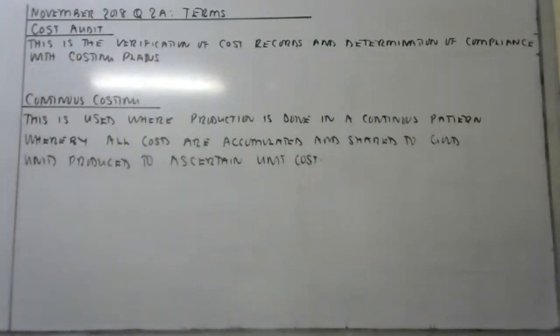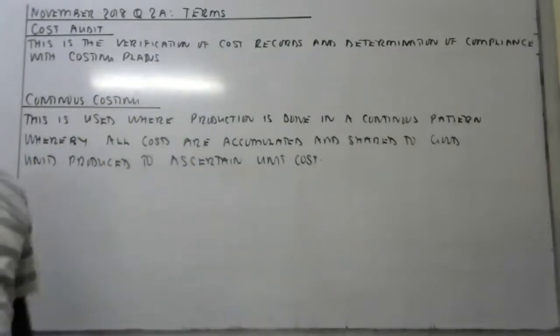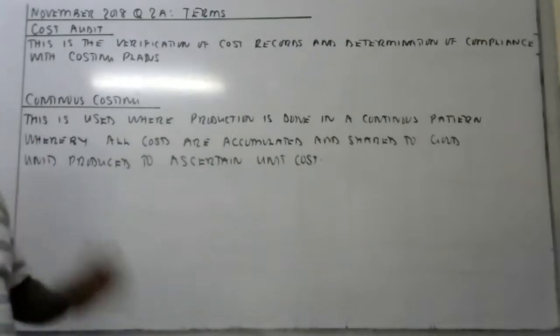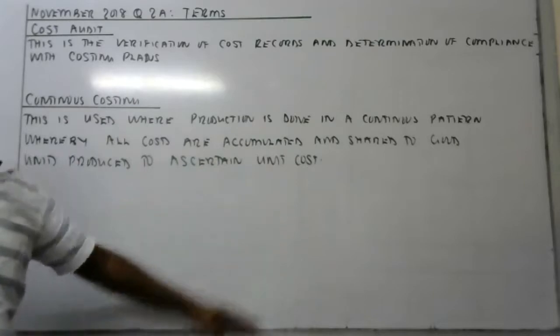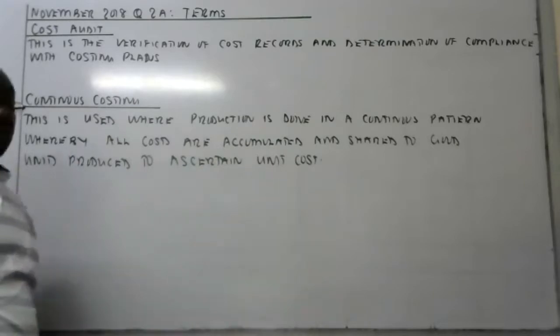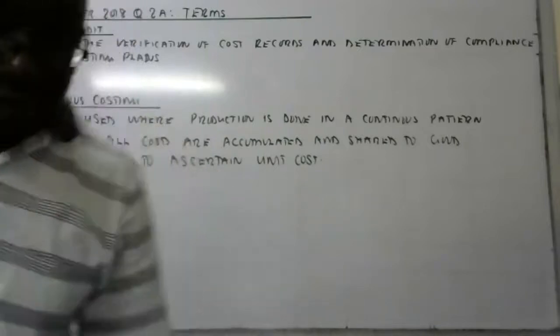It's where we are doing things in a continuous way, then we combine. A very good example is process costing, where we are doing in a continuous way, then we accumulate. Book up how we get the unit cost. We are able to know how much is the